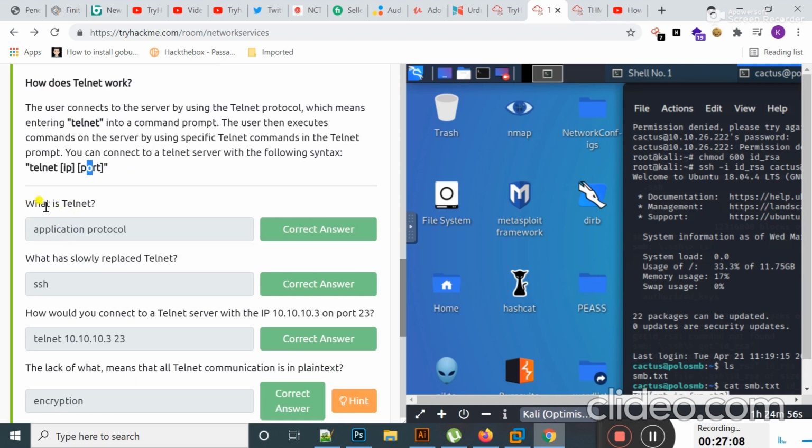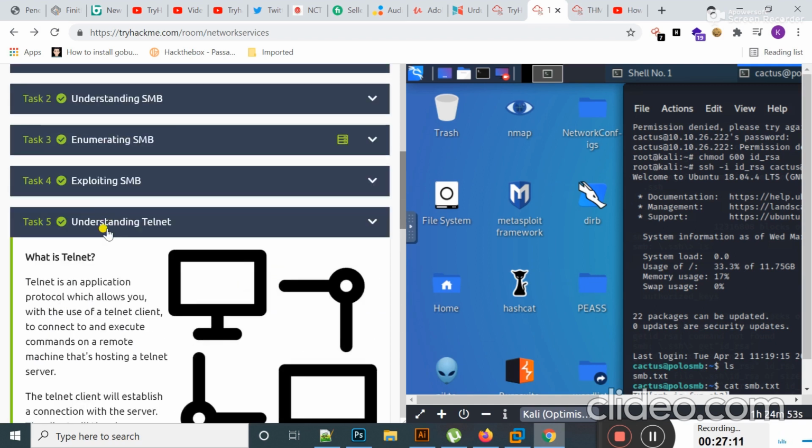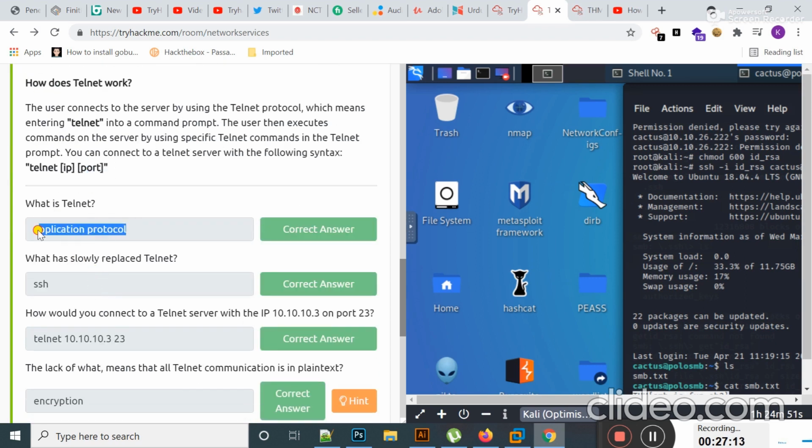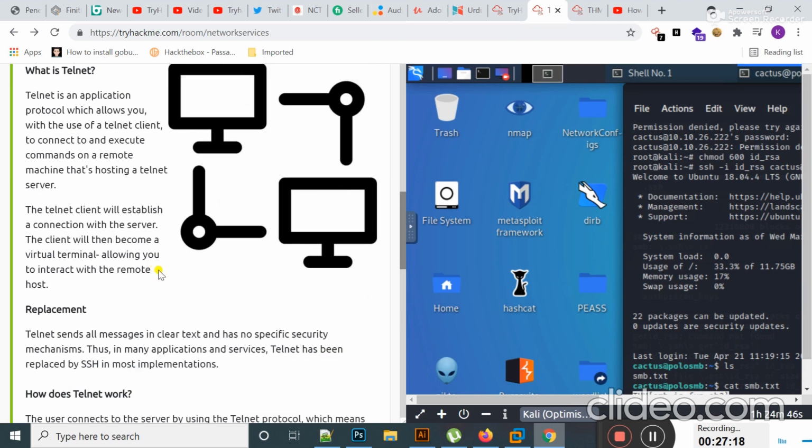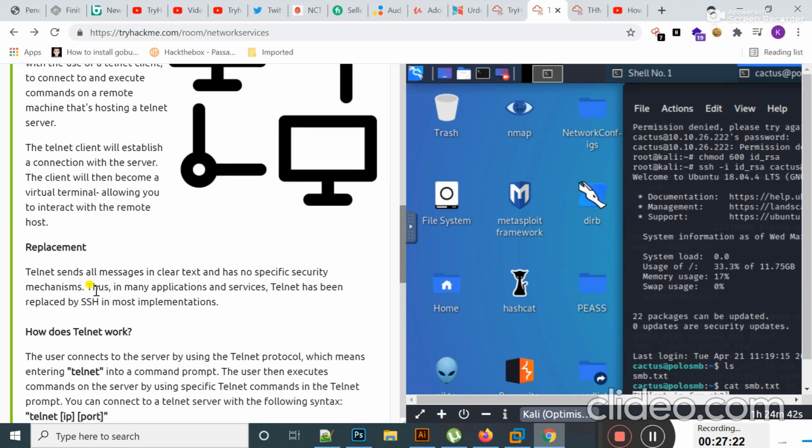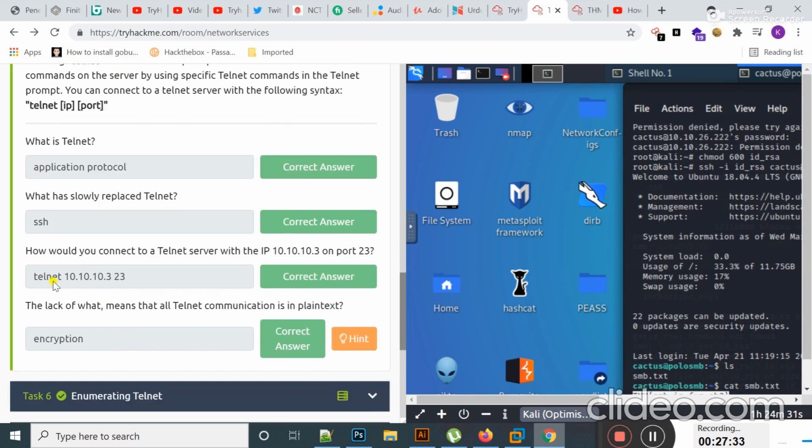Okay, let's move to the next task, that is task 5. In task 5 we are going to work on telnet. What is telnet? Telnet is an application protocol which allows you, with the use of a telnet client, to connect to and execute commands on a remote machine that's hosting a telnet server.